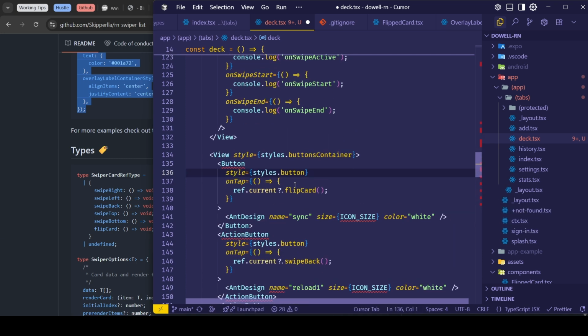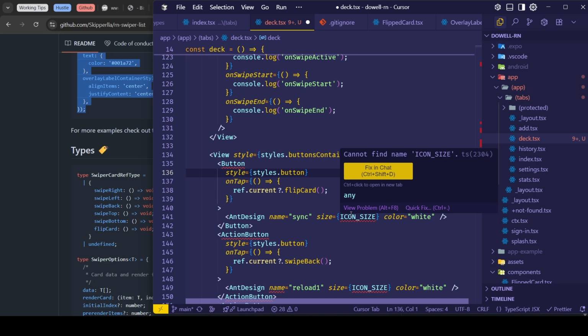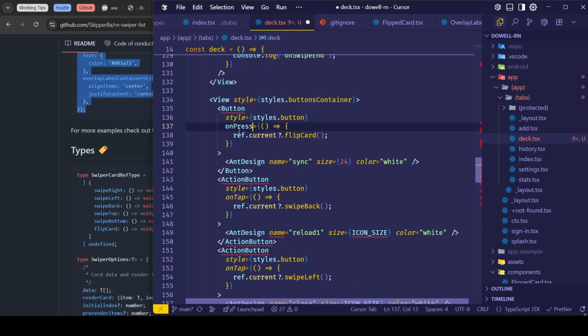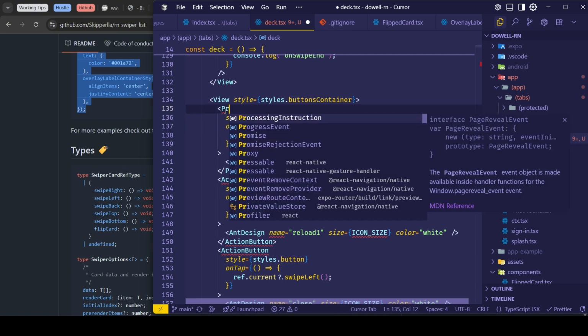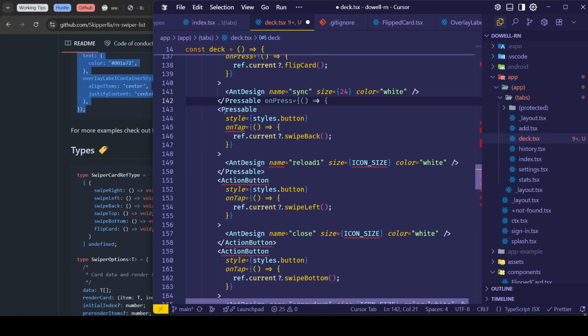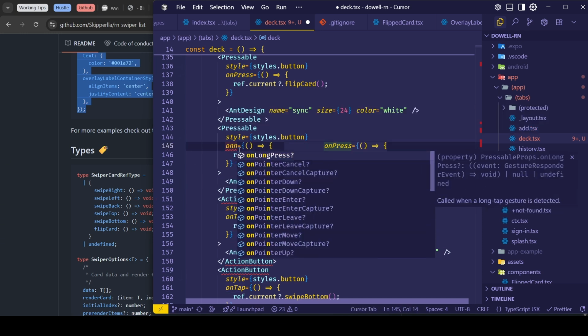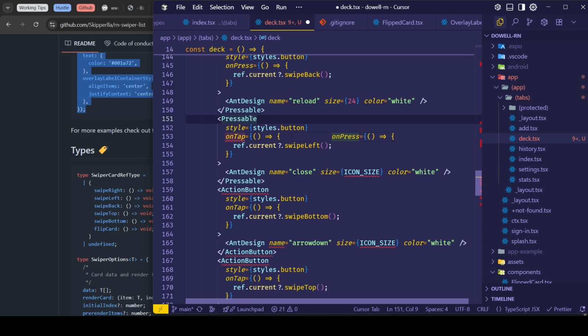But for this we can use button and design. We can use this. Why is this not working? This changes on press, no, this is pressable, not the button. This is 24, maybe reload, and this changes to on press, and this changes to pressable.